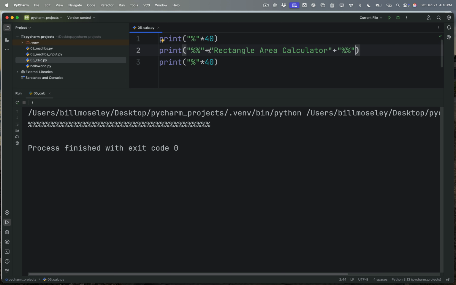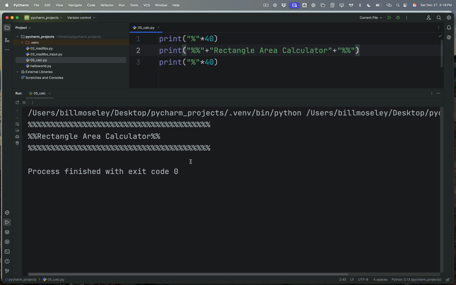So what I've done is I've used plus signs to glue those strings together. That's different than using commas in between them because it doesn't insert any spaces. But if I do that, notice it looks kind of not great. But watch what I can do. If I've got these 2 characters here and these 2 characters here, I know that my line width is 40. So if I subtract those 4 characters from the rest of the line, I know there's 36 characters left. And there's a really easy trick you can do